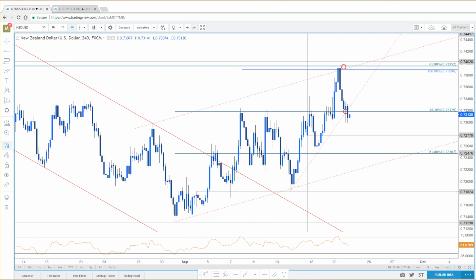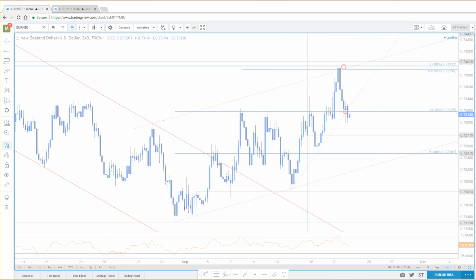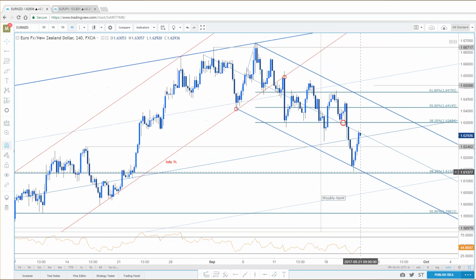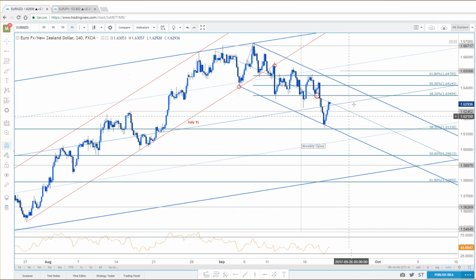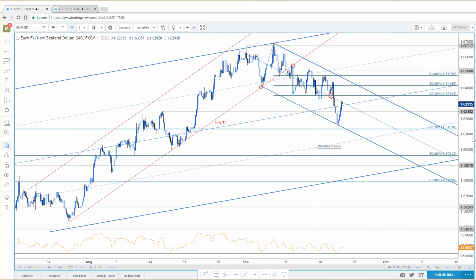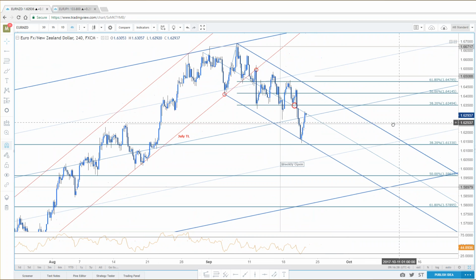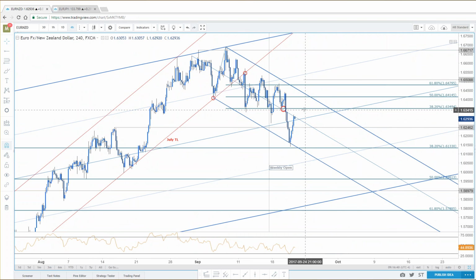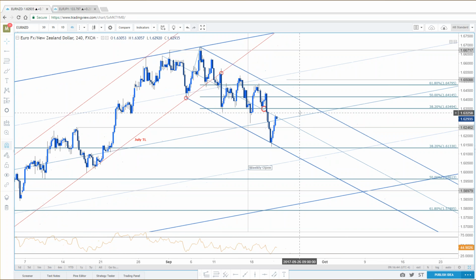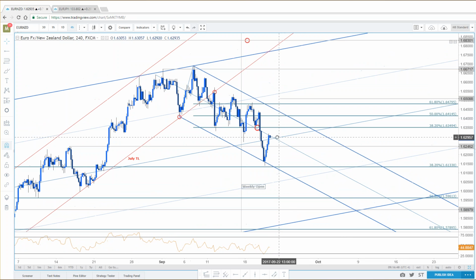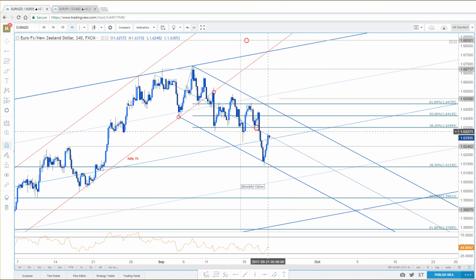I like the idea, Pooja. To be quite frank with you, I haven't really been following this pair in a couple of days, but I like the idea. Here's what I would say. I would like to stay focused to the downside below the weekly open. Now, the weekly open comes in just above a basic 38.2 of the advance. So look at the US Open. Even if we were to spike into that level, I kind of want to see if we could fade it.